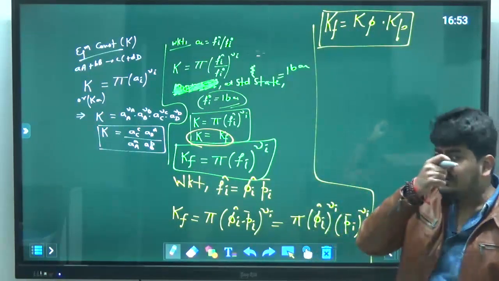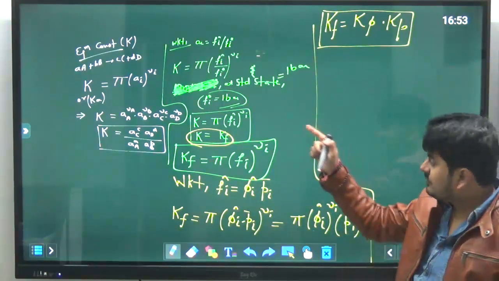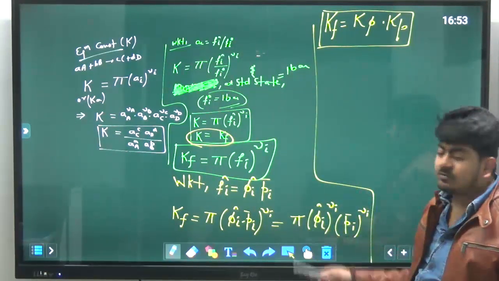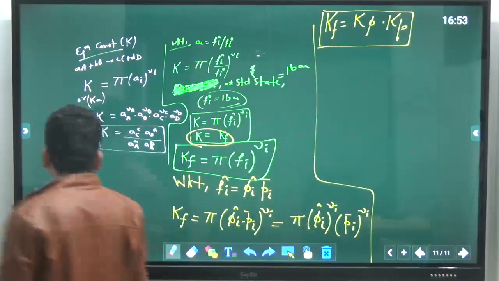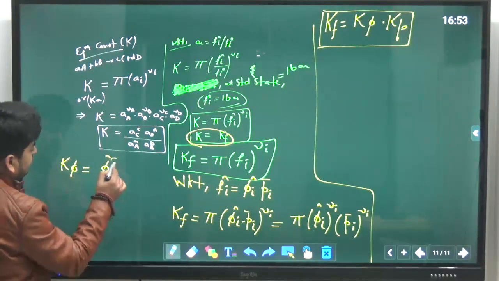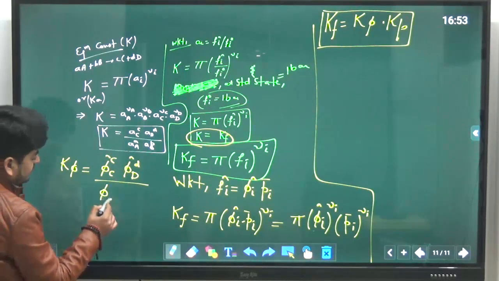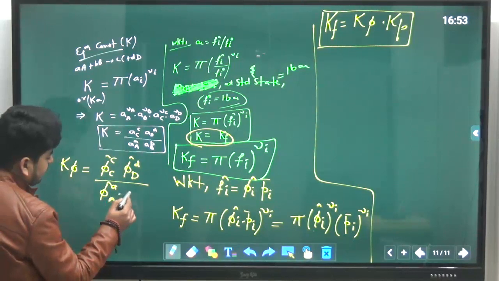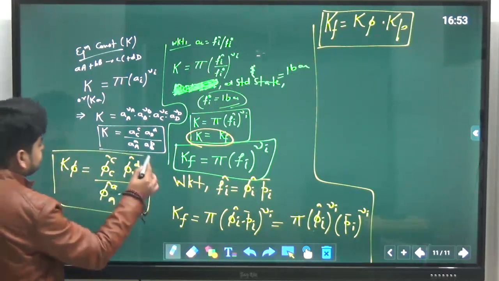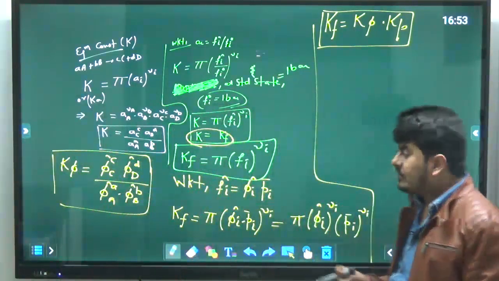Now remember, in any solution, if fugacity coefficient is given for different components, then for the chemical reaction you have to use that value of fugacity coefficient here to find the value of K_phi. What will be K_phi? You can write K_phi as fugacity coefficient of C in solution power c, fugacity coefficient of D in solution power d, over fugacity coefficient of A in solution power a into fugacity coefficient of B in solution power b, like this. Similarly for K_p you can write. You have to calculate K_phi.